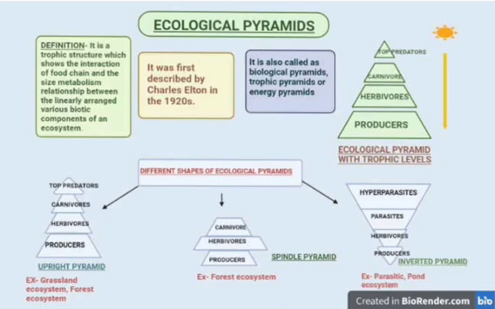The second is the spindle-shaped pyramid. Both ends of the spindle-shaped pyramid are narrow, with a broader part in the middle. The example of the spindle-shaped pyramid is the forest ecosystem. In a forest ecosystem, large sized trees are the producers, which are less in number and so form a narrow base. The trees support a large number of herbivores like insects, frogs, birds, etc., including several species of animals that feed